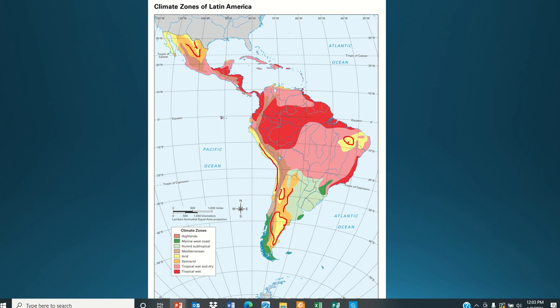Now, right here, this section right here, this is where the rain shadow effect comes into effect. I'm sorry, guys. When on Zoom, I told you, I don't know why I did it, but I said the wind was coming this way. No, it was coming this way. I said it backwards. The wind comes this way. It goes up the Andes Mountains, because remember, the Andes Mountains follow basically right here.